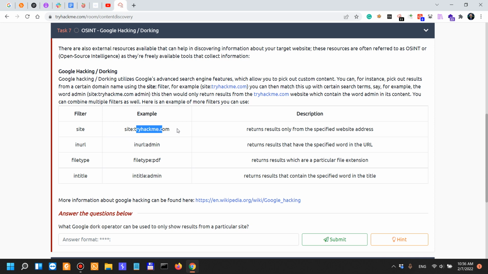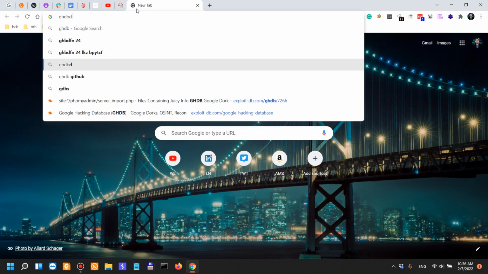You could combine dorks, for example, the site operator with inurl to be more accurate. You could also look for file types. And of course, there's more information on Google hacking. To be honest, I use it in penetration tests almost zero times. So that's that. More information about Google hacking can be found on Google and also in the GHDB, the Google Hacking